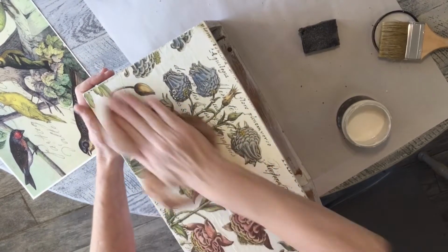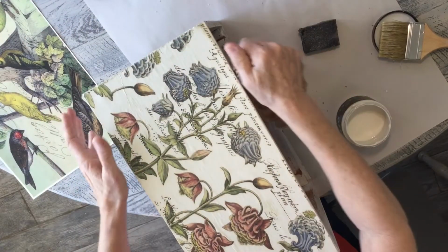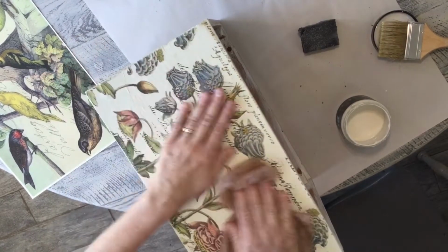Even though it's bubbled in the middle, I try to sand it as soon as I can because that's what lifts. It grabs it and it wants to lift the paper. I'm just using a plastic bag and I'm rubbing the bubbles down, but when it dries, it will lay completely